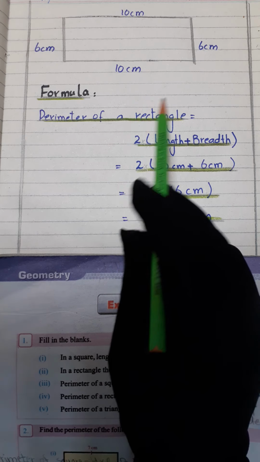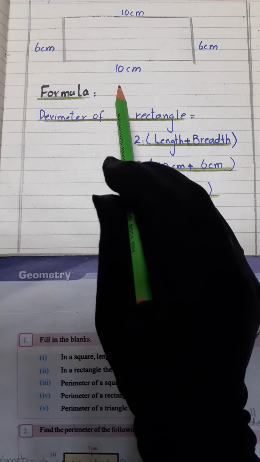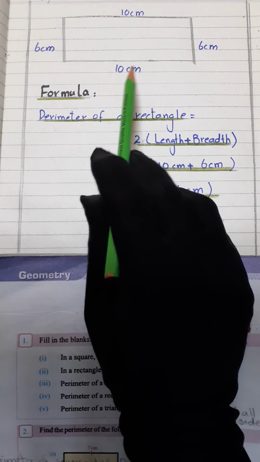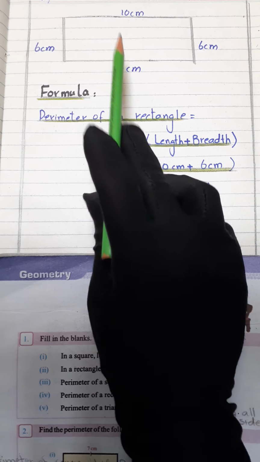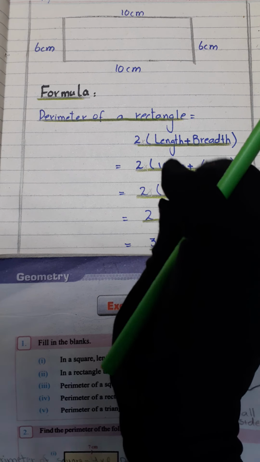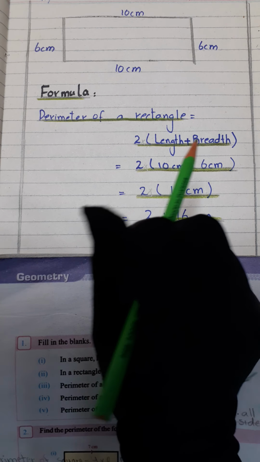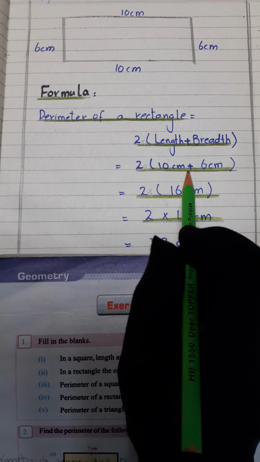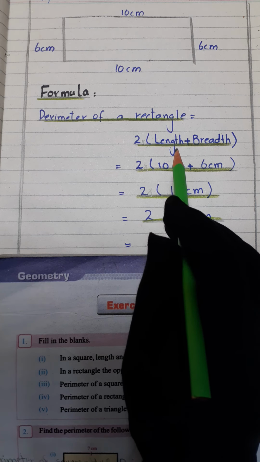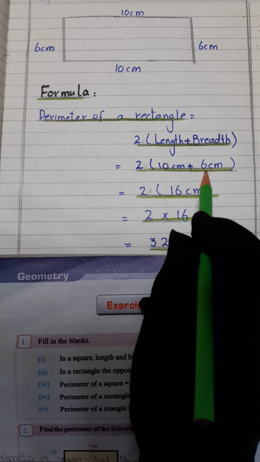Then you put the values, 10 2 times, but already we select 2 here. Okay, for 2 sides we just write 2 here because of 2 lengths and breadths, the opposite sides are equal. This length and this length are equal, and this breadth and this breadth are equal. Length and length are equal in measurement, breadth and breadth are equal in measurement. Its length is equal to its second side length, and its breadth is equal to the second side breadth. So we select 2 into length plus breadth. Clear? You put the values just like this.